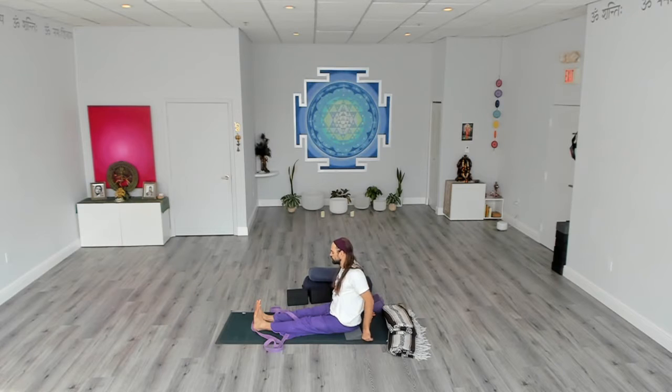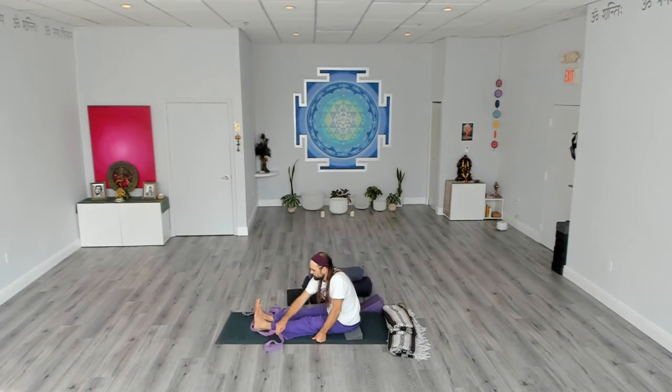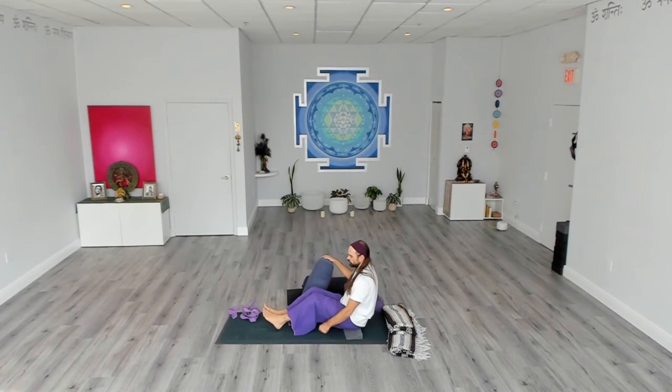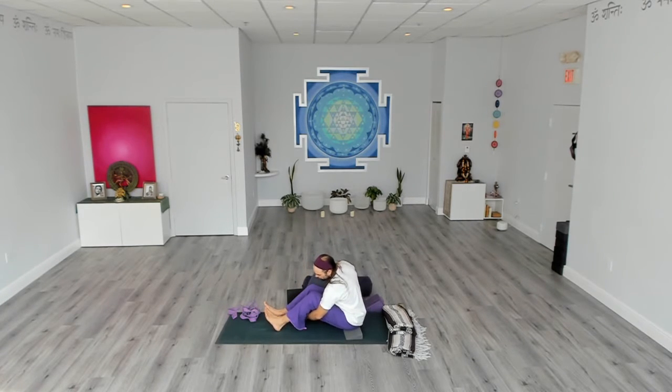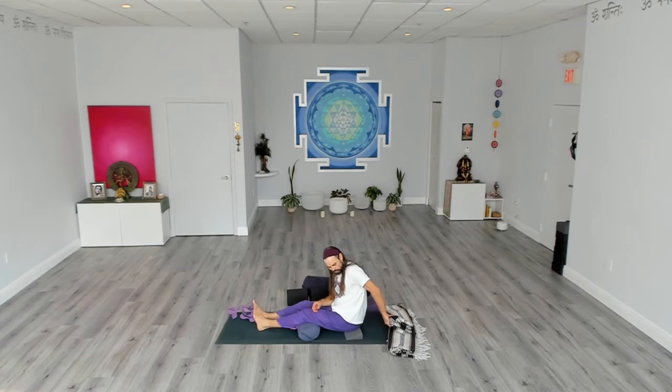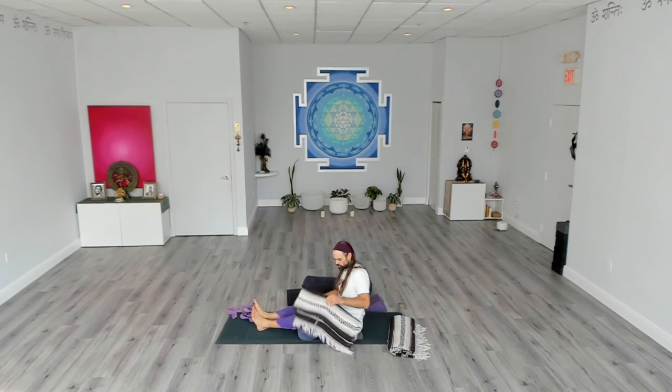And then we'll do a supported Paschimottanasana, a passive one. So we go from a yang and active, a Shiva variation, to one of Shakti, one of passivity, one of receptivity. Place a blanket or a small bolster underneath your knees, and then place another blanket or maybe another bolster